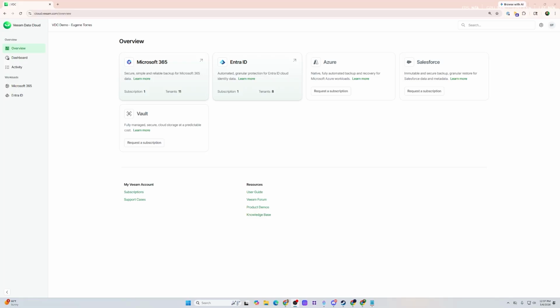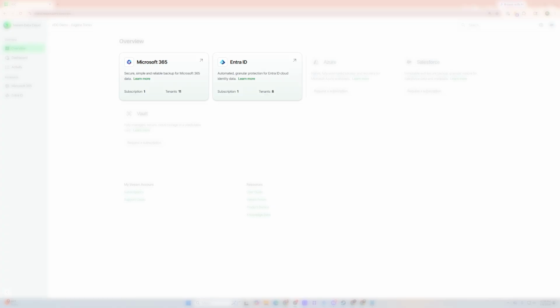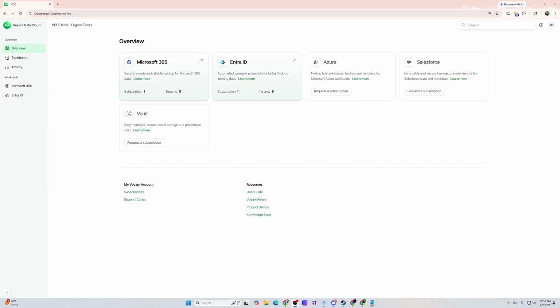And today we're going to go over a demo for our one user interface, specifically for the workloads that we have highlighted here, which are Microsoft 365 and Entra ID, and how those are managed, configured, and used for recovery ultimately. First thing I want to point out is what you see here is at a single login,